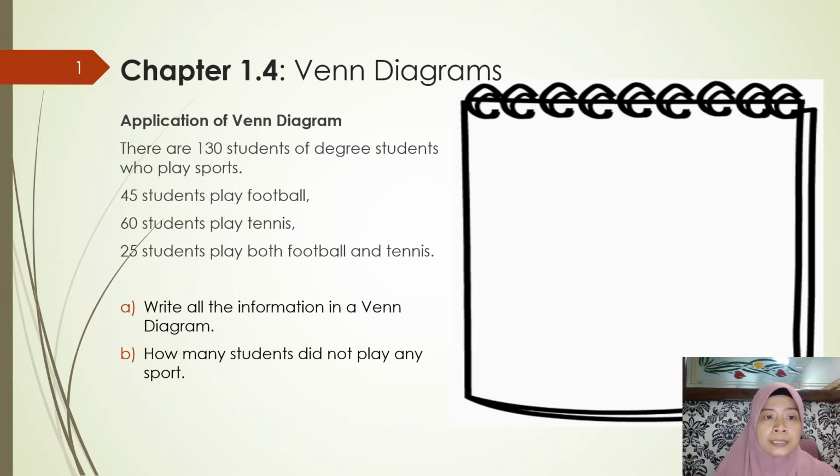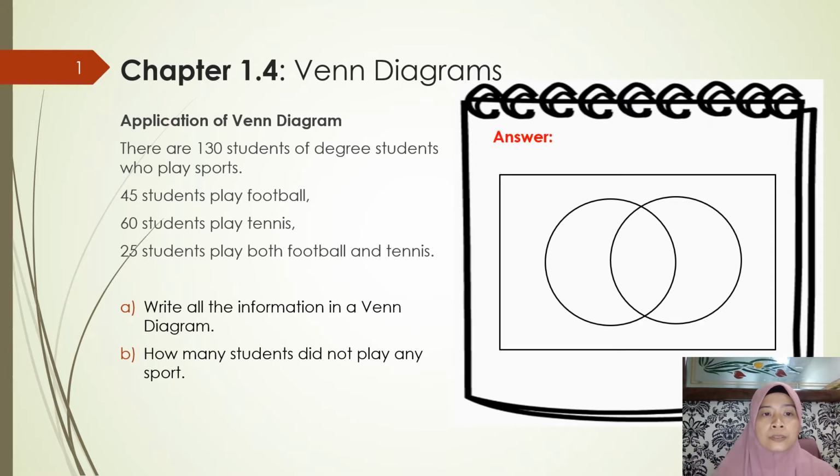Okay, in this question, you need to solve these two questions. The first one, you need to write all the information in a Venn diagram, and then how many students did not play any sport, right? We can see that we have two categories of data, play football and tennis. So that's why we have two circles here,